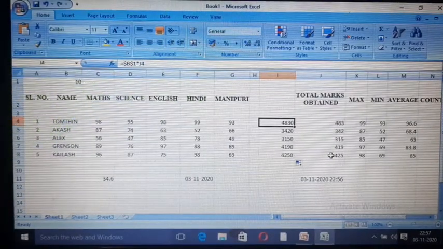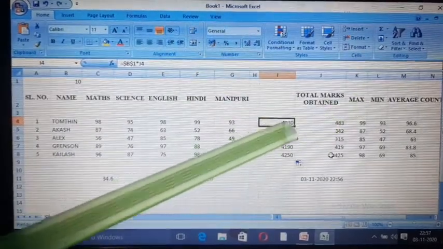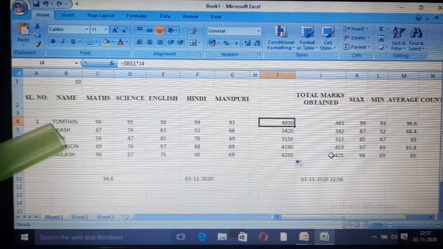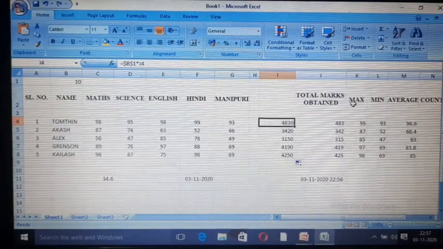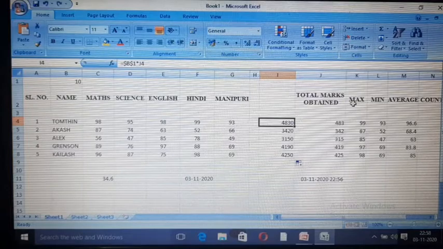Relative cell referencing and absolute cell referencing, fixed. Now common errors. The formula contains invalid data, for example